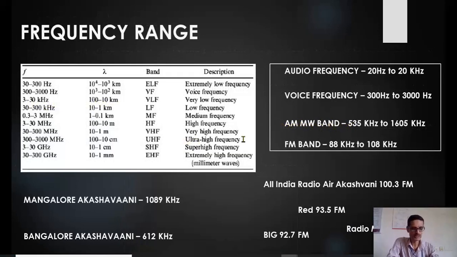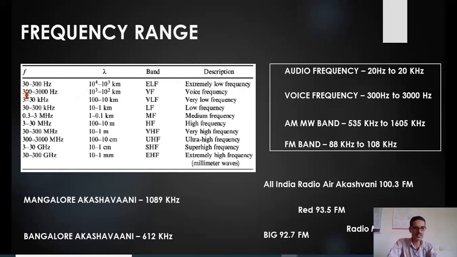Now, before going into the need for modulation, we should be familiar with these frequency ranges. Basically, these are the different ranges mentioned here. This is a classification of the different ranges, and they are represented by different names. Let us say the range of very low frequency, that is 30 to 300 hertz. This is the approximate wavelength, calculated where lambda is equal to c by f, as you know. This particular range of frequency is called the ELF band. ELF stands for extremely low frequency.